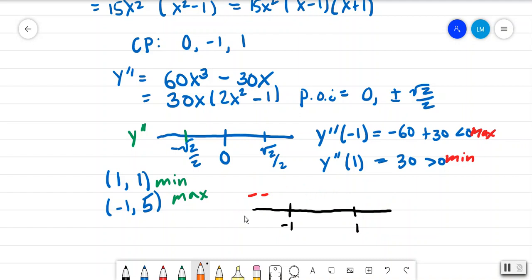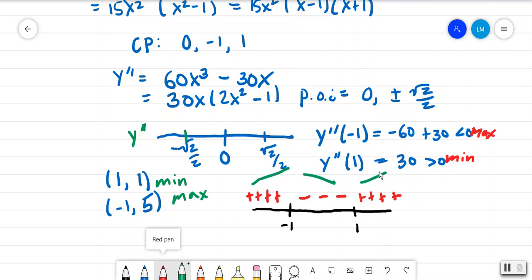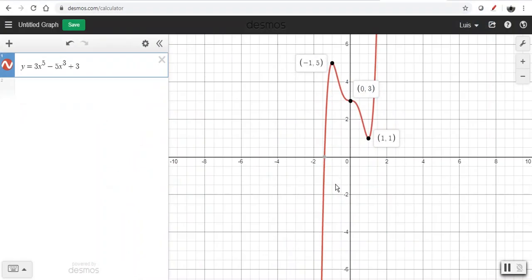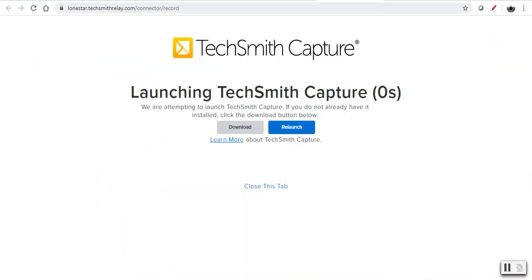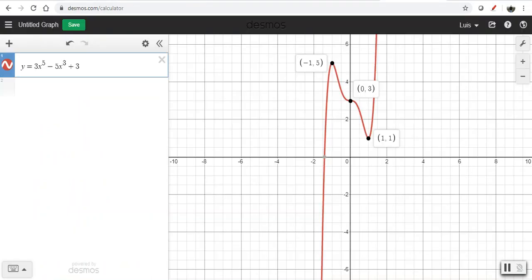Okay, I'm sorry. We have to be careful with that. So this should be the maximum. That means this is plus, plus, plus, minus, minus, minus, and then plus, plus, plus. So the graph looks something like that, down and up, and that was our max, and that was our min. So we know the levels of increasing and decreasing based off the first derivative. But notice that it doesn't technically look the way it should, mostly because of the fact that